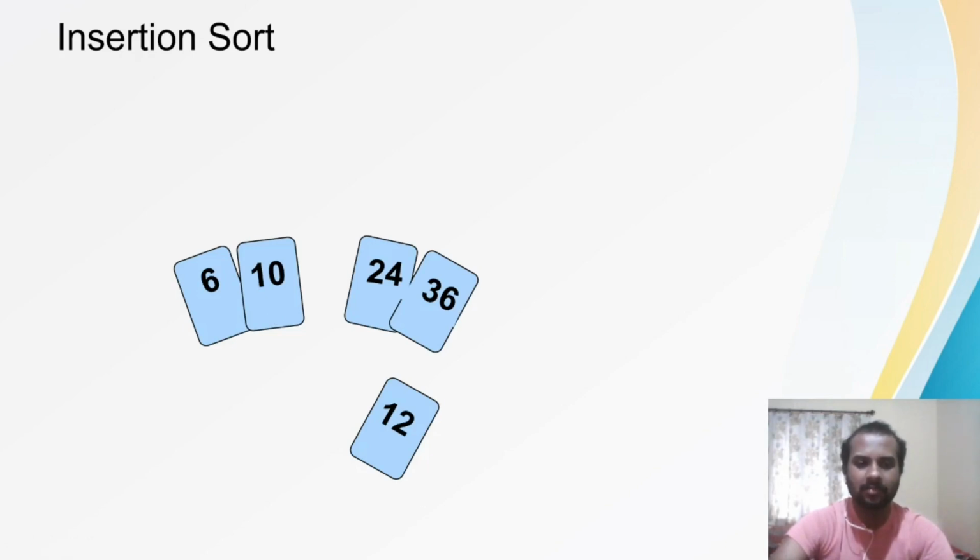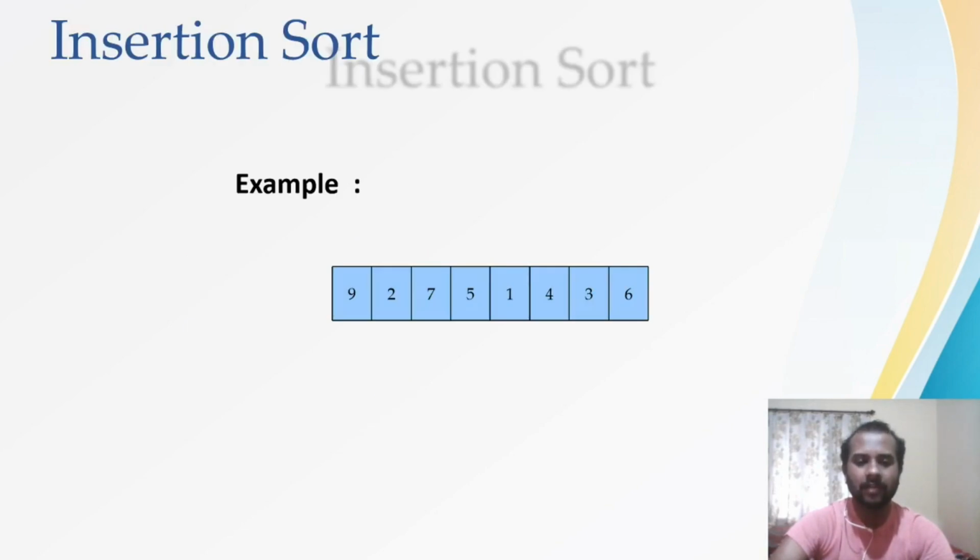Let us try to understand it very clearly. When you are sorting any list or an array, we assume that we are going to have two parts: one is the sorted part and another is the unsorted part. And we are always going to move the elements from the unsorted part to the sorted part. Here also it is the same thing. We will assume that initially everything is in the unsorted part, and when you try to sort it, one element comes to the sorted place.